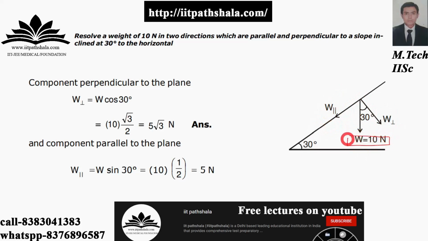This is your weight. So now you know that this angle will be 30°. By the basic geometry, if I mark this line as perpendicular to this, I will be having an angle of 60 degrees over here. Then this perpendicular line is perpendicular to this, so I can have 90 degrees minus 60 degrees, an angle of 30 degrees over here. Fine with that? So now W perpendicular will be nothing but 10 cos 30, and W parallel will be nothing but W sin 30. Fine.